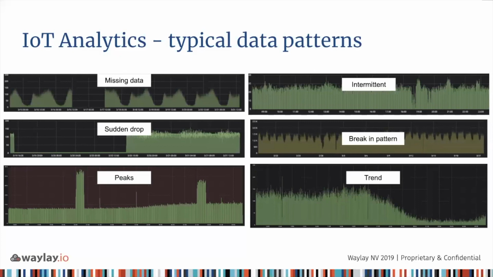But we see that as a use case that is very much recurring in the IoT world. Intermittent drops in the pattern typically indicate something severe is going to happen in the future. So often people want to detect these intermittent drops as well. A break-in pattern is a very simple